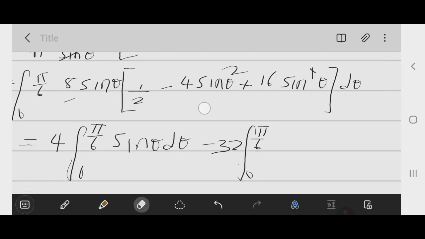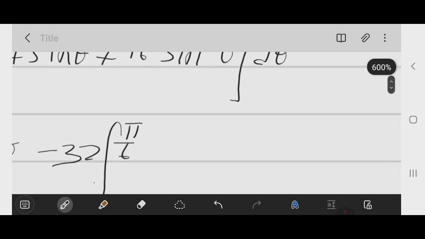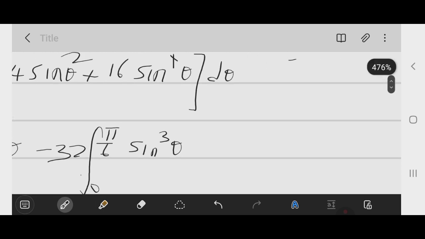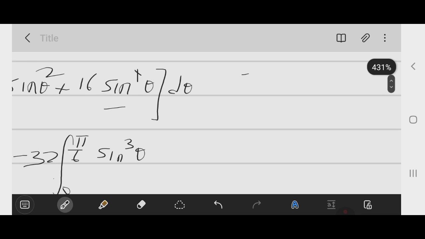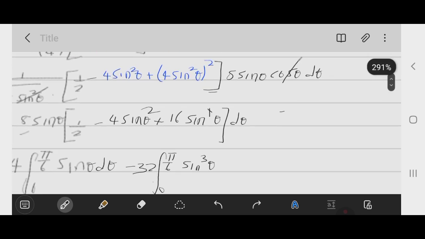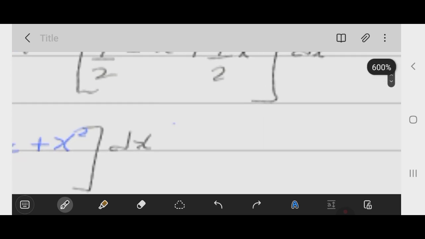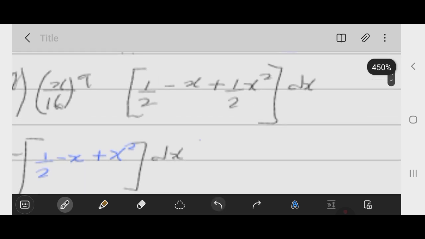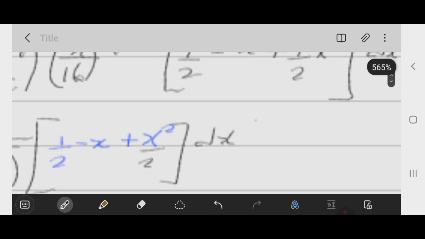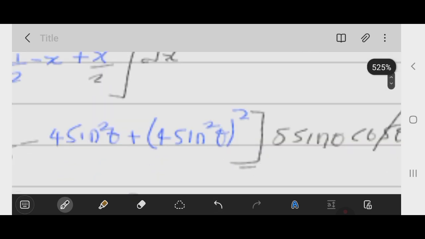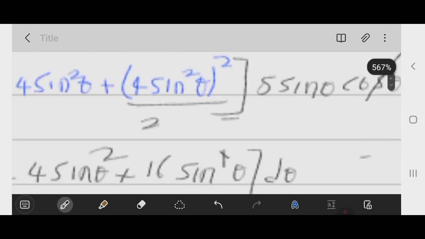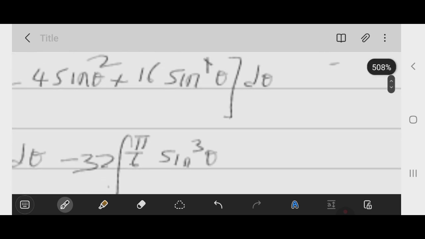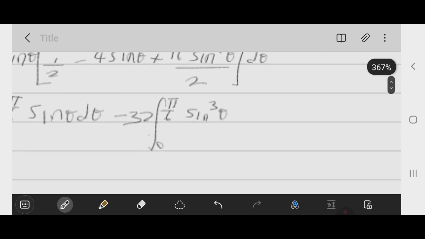Oh, pardon me, that should be sine squared theta. Wait a minute, there was a half here all this while, and I skipped it. Wow. Alright, so now, introducing it, I have